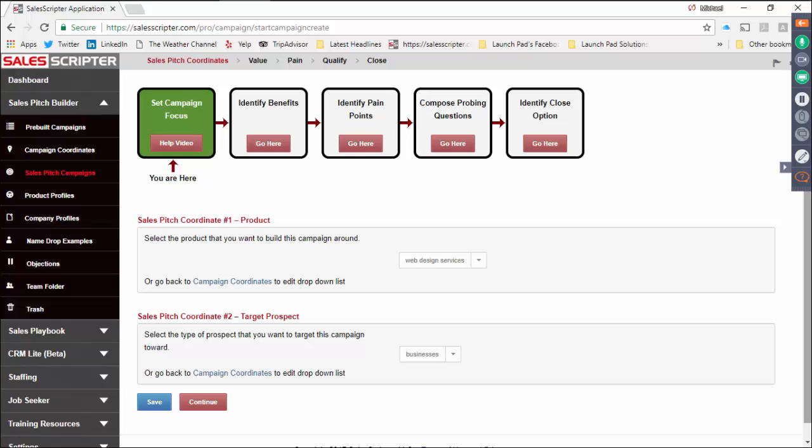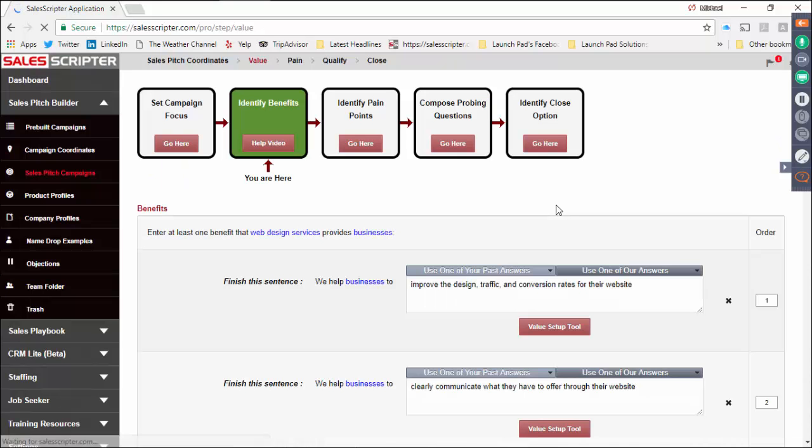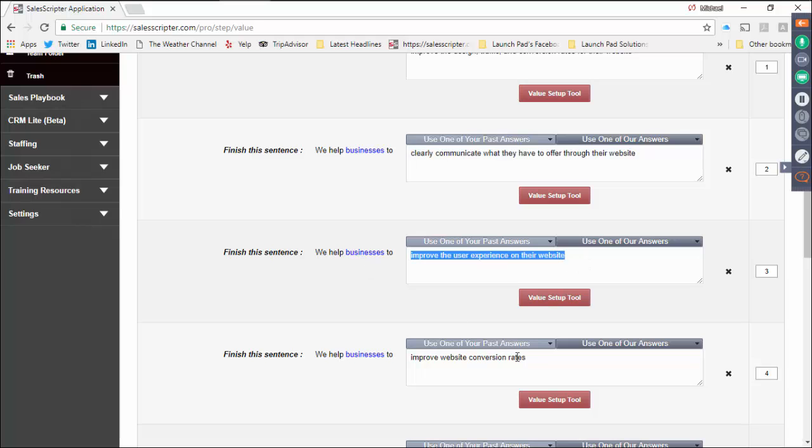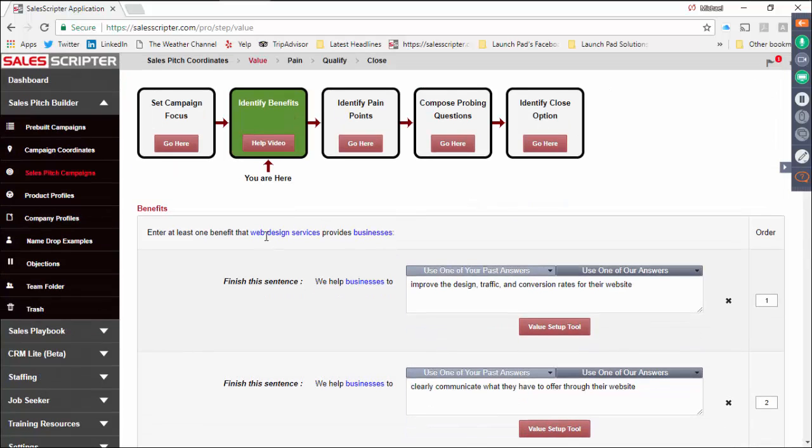You could go through it in an Excel spreadsheet and organize your thoughts. I just want to point out that Sales Scripter has a tool called the Sales Pitch Builder. If you recall from that slide, it was benefits, pain points, and questions. These three areas build up a lot of your call script, and they become your objection responses. The software takes you through a workflow where you can organize your thoughts in those areas for what you sell and create a campaign for what you sell.